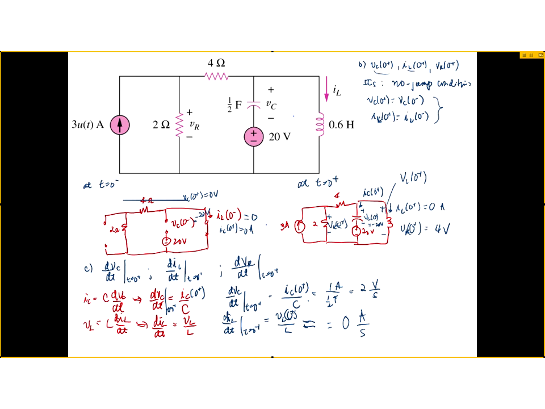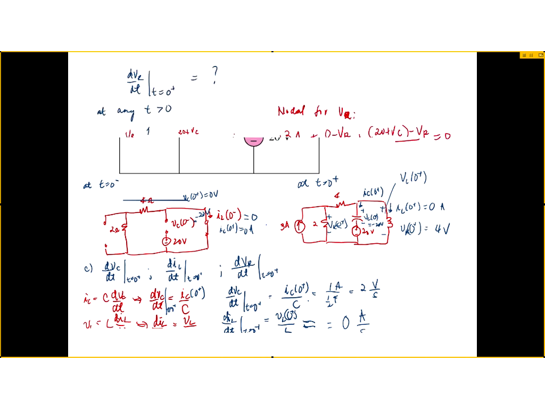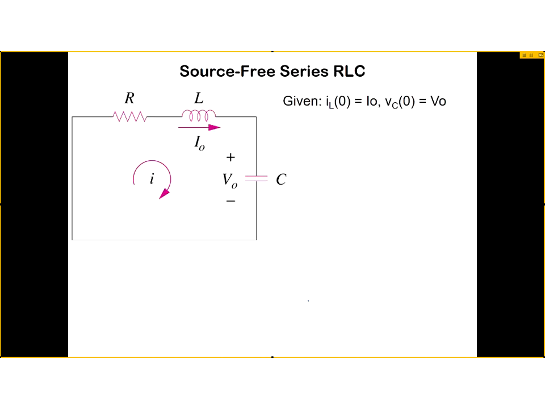mistakes as you go from 0 minus to 0 plus. At 0 plus, it's not steady state, so the capacitor is not open, the inductor is not short. Okay? That's only to find initial conditions. We haven't really solved any circuit yet. But I promise, that part is the most challenging one, only because it's not procedural. There's a lot of hand waving involved. So I'm not going to deny that's the most difficult part, but